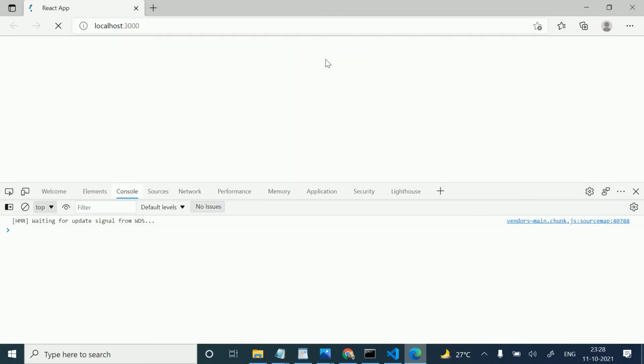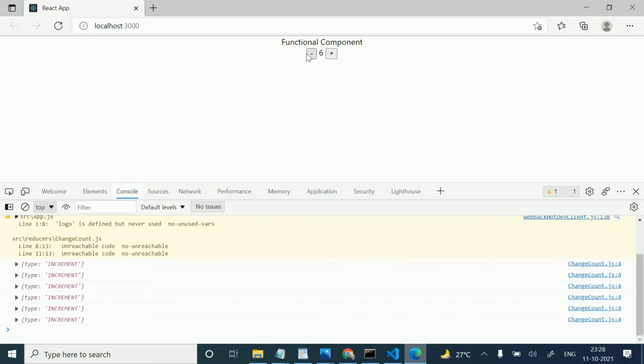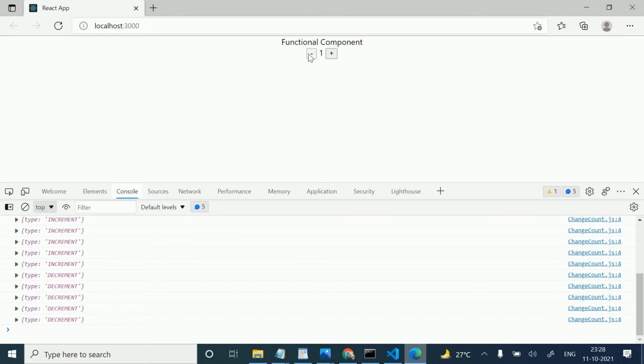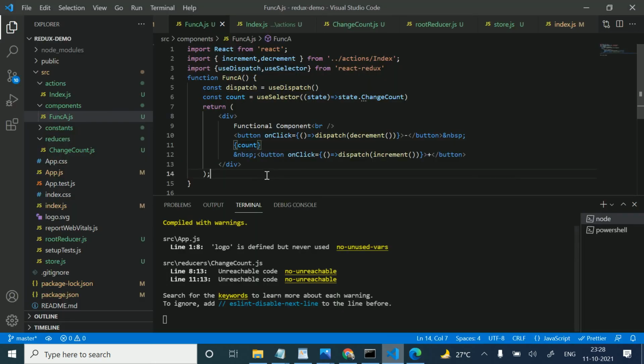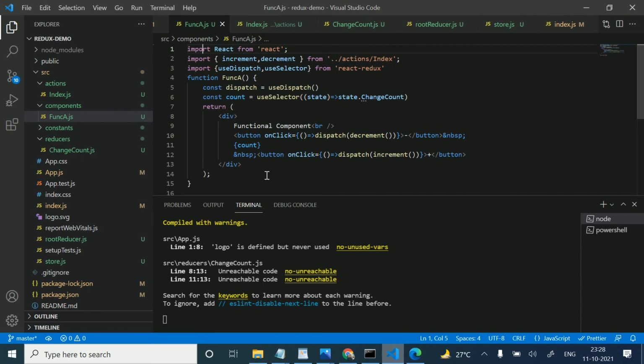So I'm just going to click here. Now my value is incrementing. When I'm clicking here, my value is decrementing. And this action is also typed on the basis of action. We are working here in the reducer. So this is done. This is all about the functional component, how we can save the state in our store